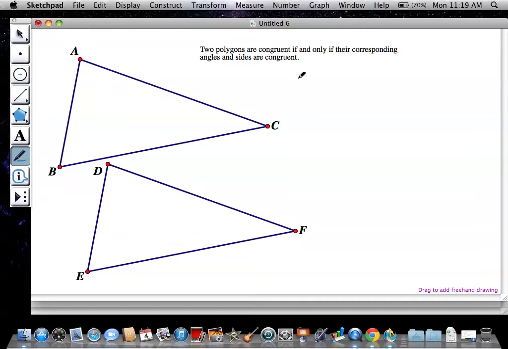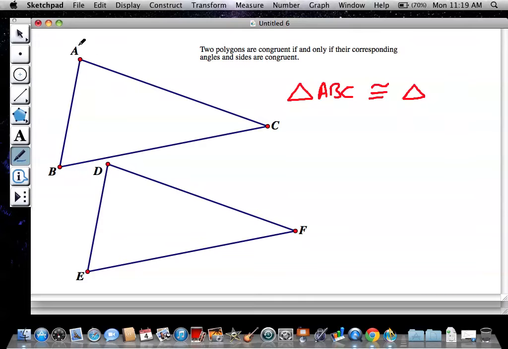So when I look here, I have triangle ABC. And I made triangle DEF by copying triangle ABC. So therefore, they are congruent. All I did was slide this down. So triangle ABC is congruent to triangle